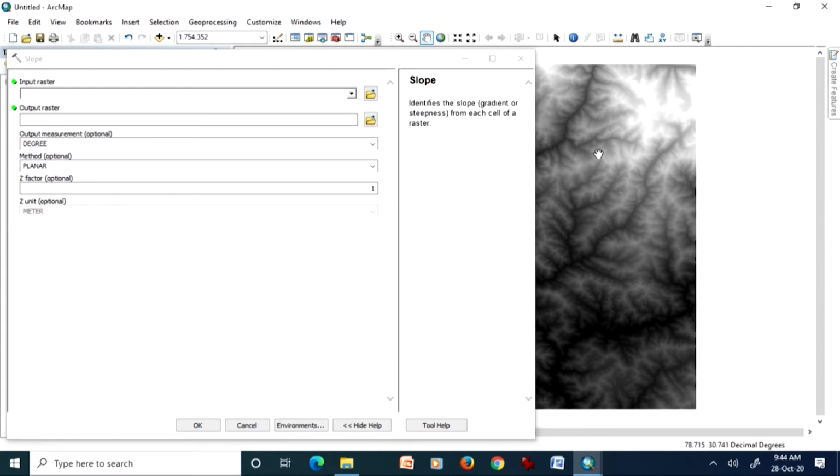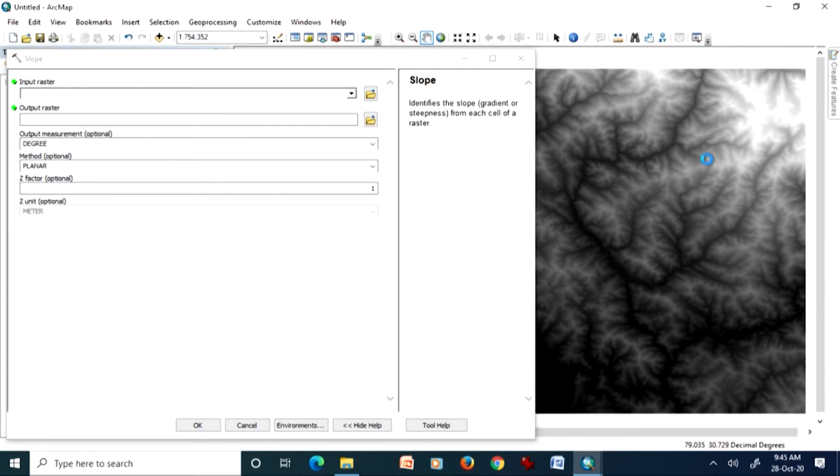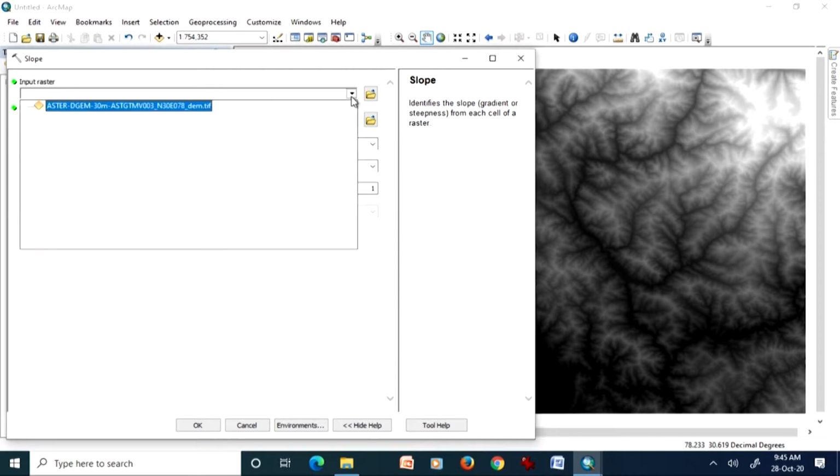And now what I will do, we will add this digital elevation model which is being displayed here as our input raster, and then we will choose either one of 2 methods, either planar or geodesic.